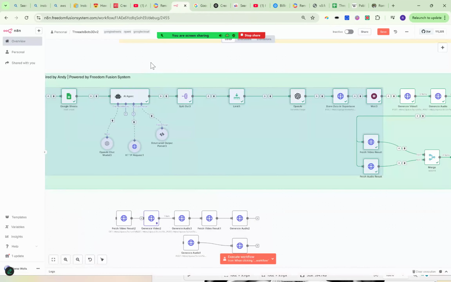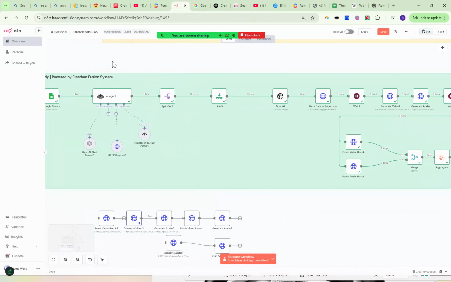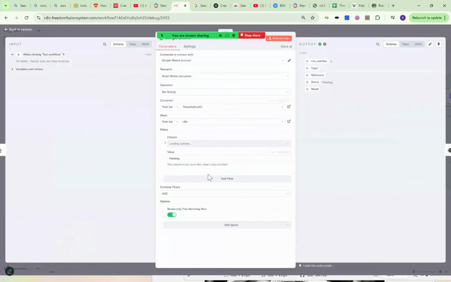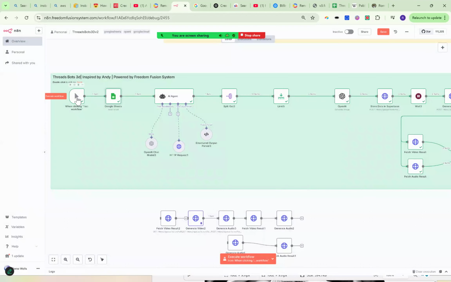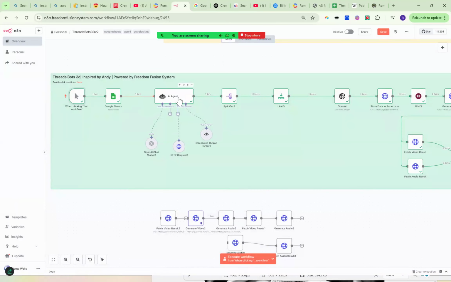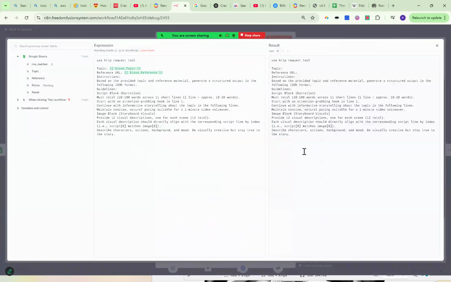And of course, guys, right now I'm just checking the parameters. The parameters are as follows. There's a Google Sheet, and inside of the Google Sheet you have all of those parameters like this, anything that's pending. When you trigger the node, it will look in the Google Sheet, see what's pending, and then do the following. You could take a screenshot of this to see what the prompt is, but essentially it's going to be using the HTTP request tool, and based on